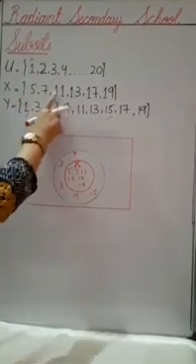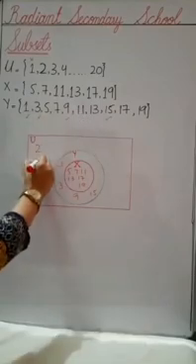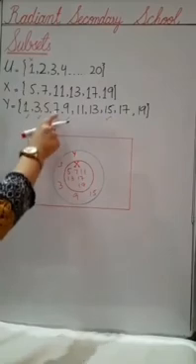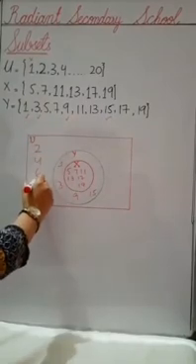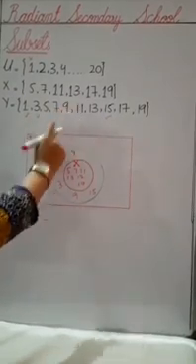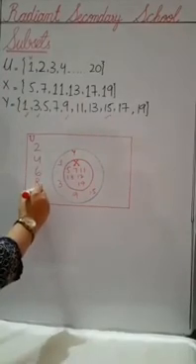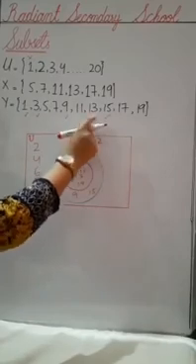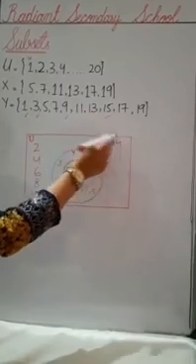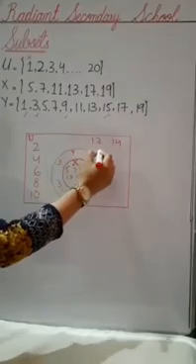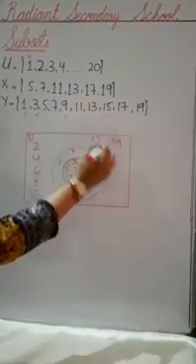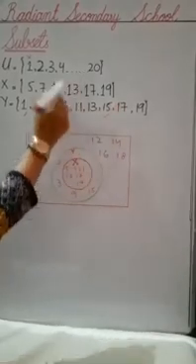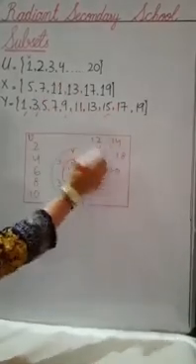3 is present. 4 is not present. So we will write 4. 5 is present. We will write 6. 7 is present. 8. 9 is present. 10. 11 is present. 12 is not. 13 is present. 14 is not. 15 is present. 16 is not. 17 is present. 18 is not. 19 is present. And at last 20 is the number that is different from these two